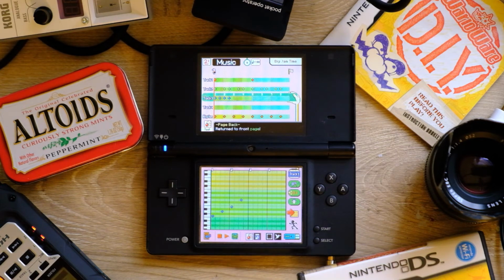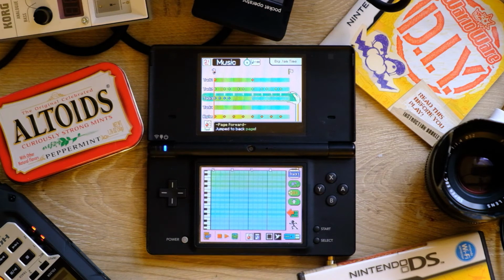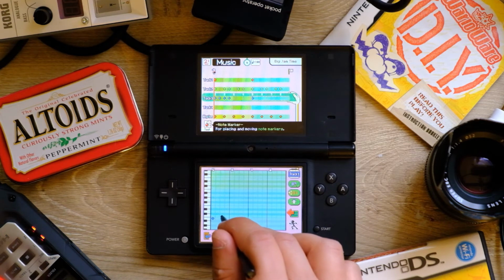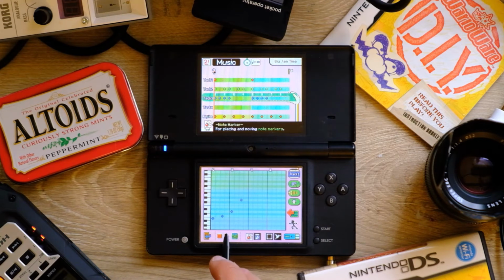Like I mentioned, each phrase is 8 beats long, so if we tap on this little page forward, page back button, we'll get to go to the next page and see the next 4 beats in our 8-beat phrase. So let's say I want to add some more notes here. And now when I hit play,